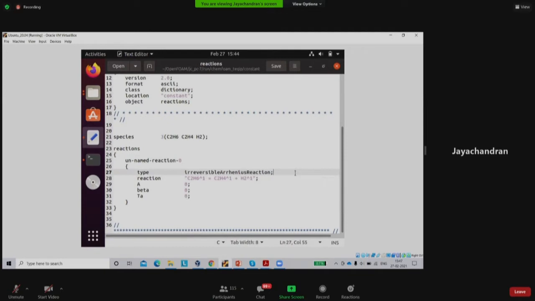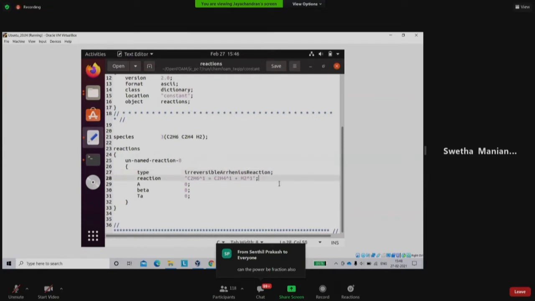So if you have finished this part, please give a quick yes. Done, sir. Good, good. So we will wait for another 1 minute for everyone to finish. So it's very simple. We are just defining the species and we are giving the reaction. So it's very straightforward. Done, sir. Okay, good, good. So, Dr. Jayachandran, there are also some questions.